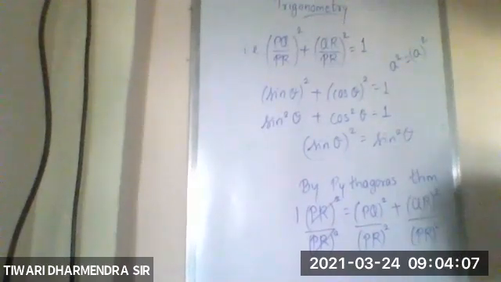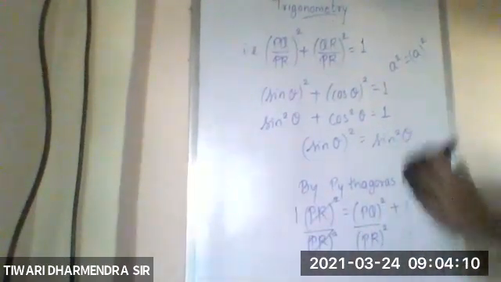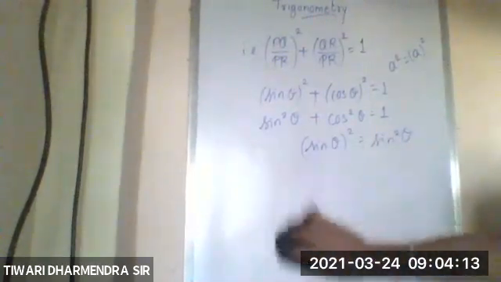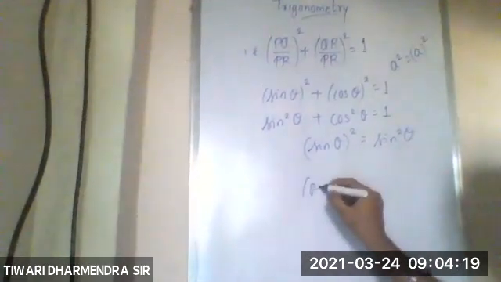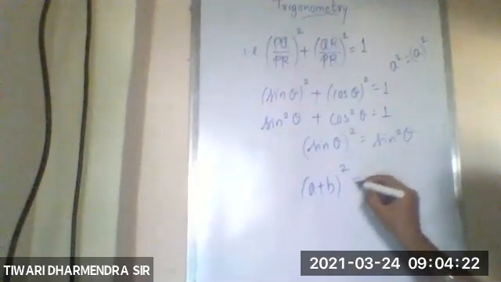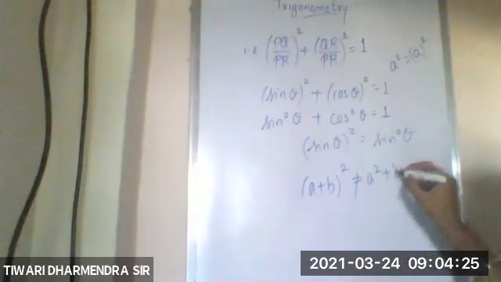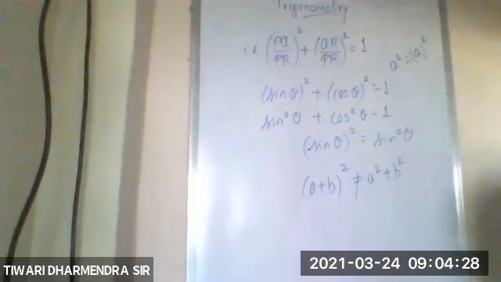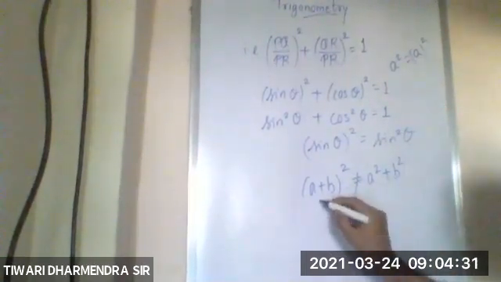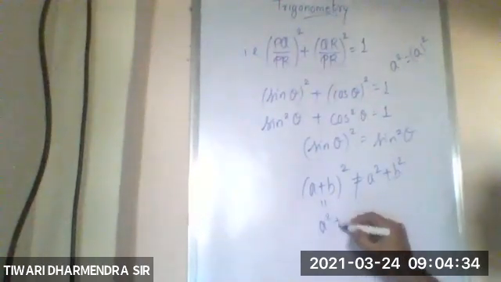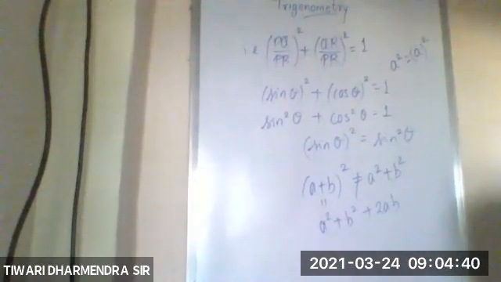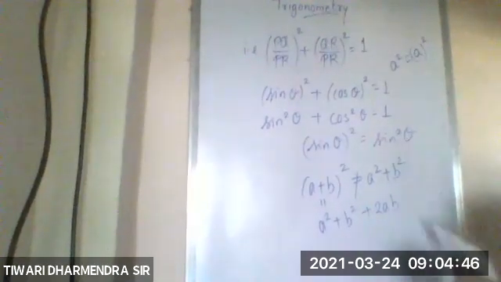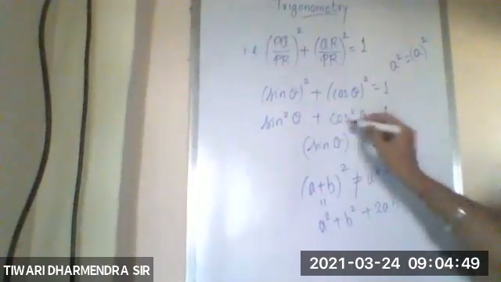If we have the sum of two numbers, like I will show you, a plus b the whole square is not equal to a square plus b square. This is not true. This is not equal because we know that a plus b the whole square is nothing but a square plus b square plus 2ab. This is according to the formula, and we can derive it by the distributive property. Multiplication distributes over addition by that property. So hope this is clear. So we have derived the formula.